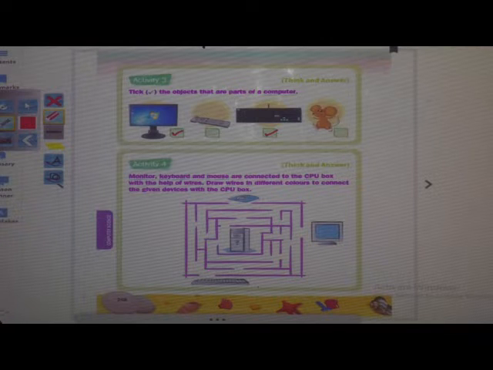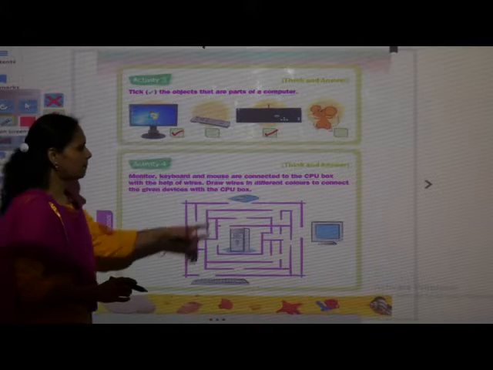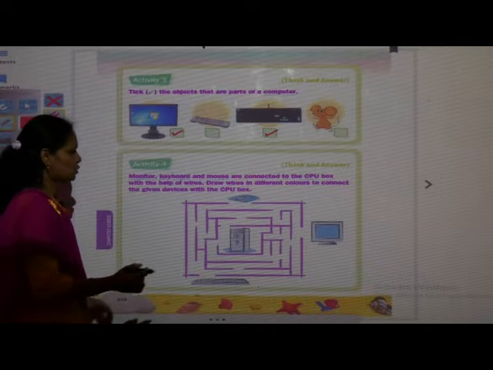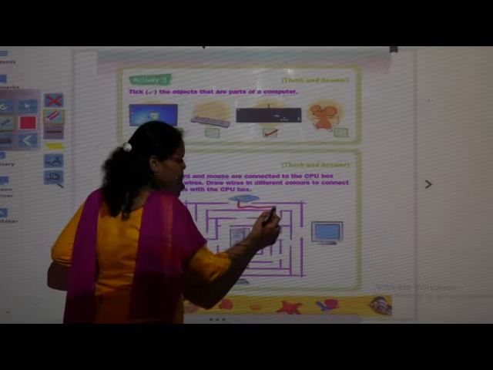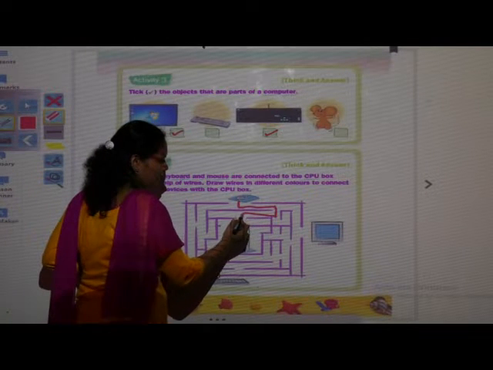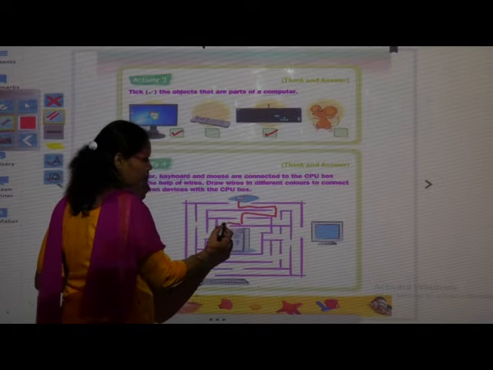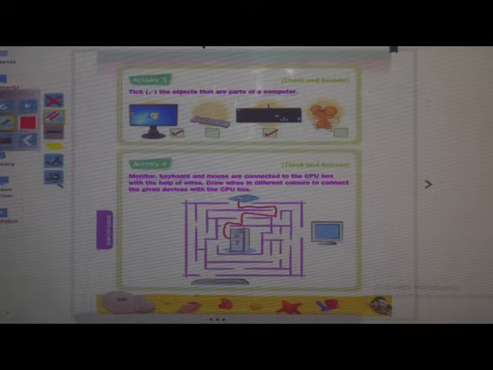So let us start. You try by yourself, I will try by myself. Let us see who will complete it first. So first, mouse. We will take a mouse wire to join CPU. So from where we will start? Here to right, again down, left, down, and I have connected to CPU. The mouse is connected to CPU. Okay, next,